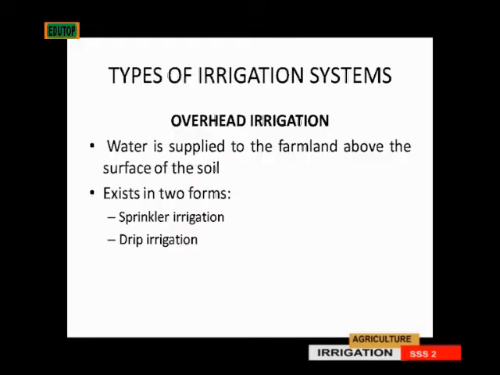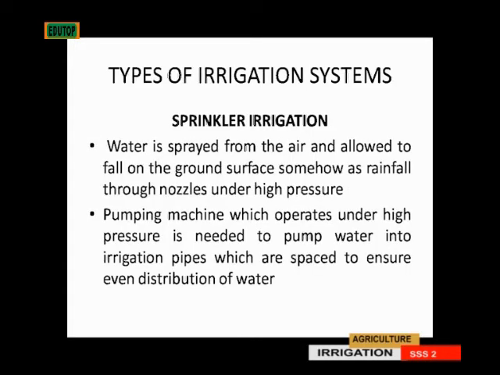Third type of irrigation system, the overhead irrigation. In this type of irrigation system, water is supplied to the farmland above the surface of the soil. And we have two forms of overhead irrigation. We have the sprinkler irrigation and the drip irrigation. In the sprinkler irrigation, the water is sprayed. The water is sprayed from the air and is allowed to fall on the ground somehow as rainfall through nozzles